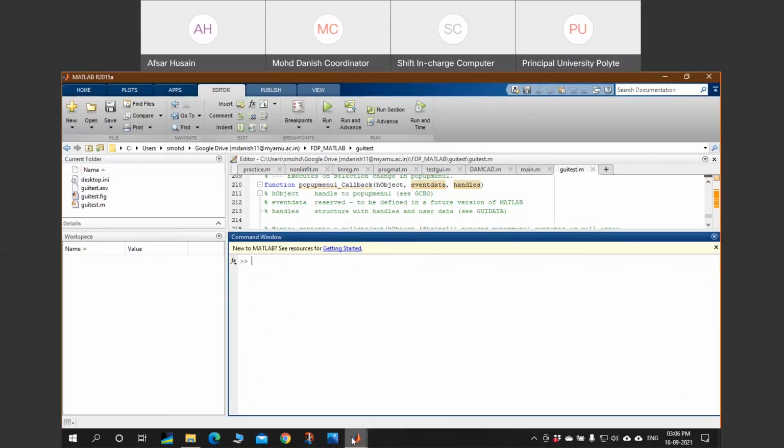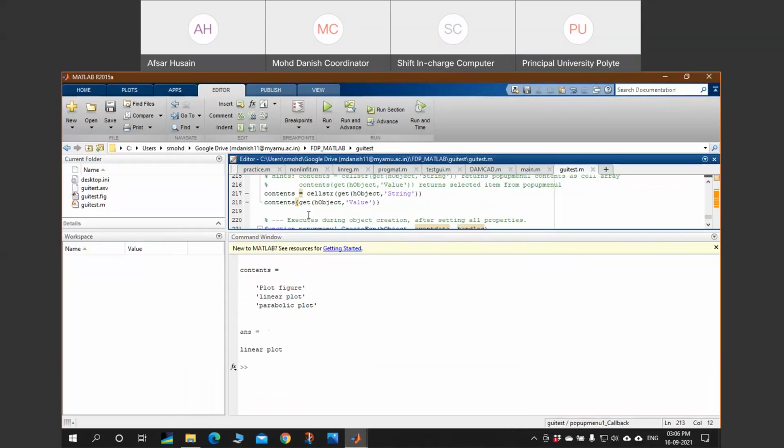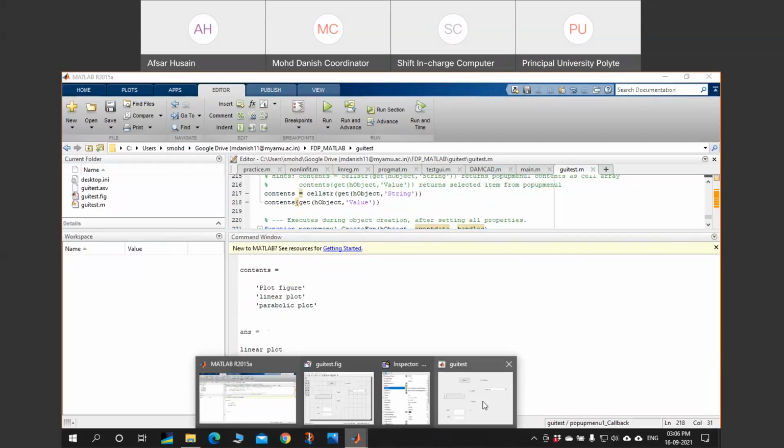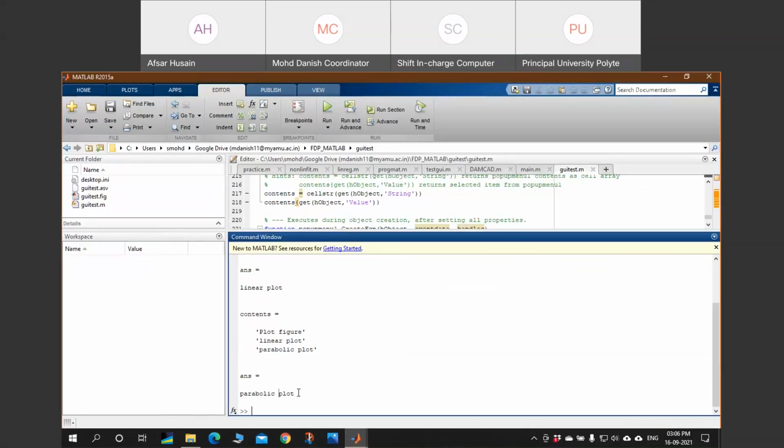You can see in the command window, if I select linear plot, all the contents will be given, and this command is returning the selected option. So the selected option is linear plot. Accordingly you can switch your commands based on the option selected.